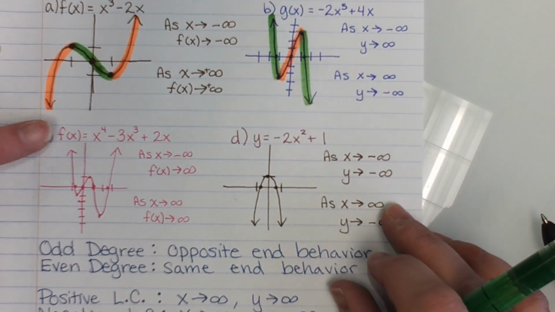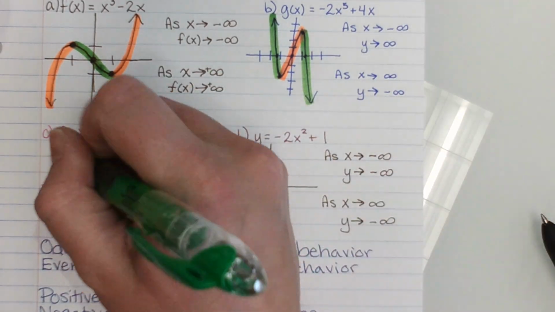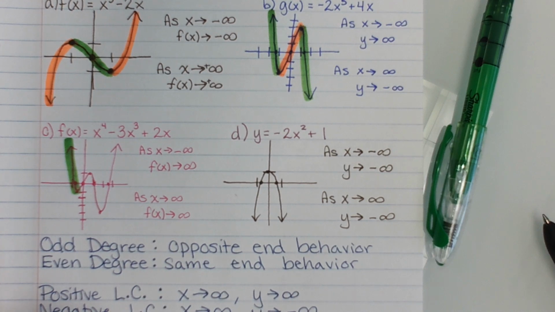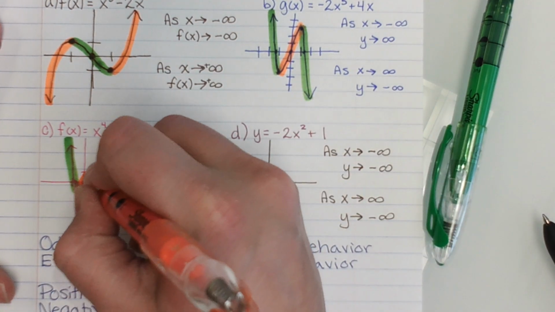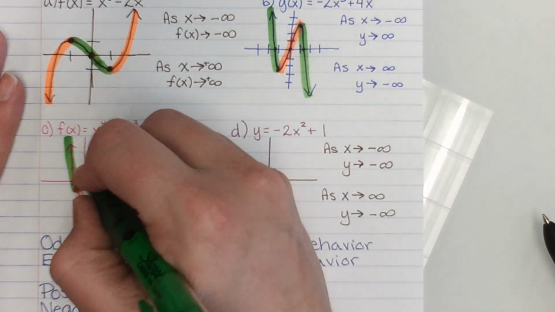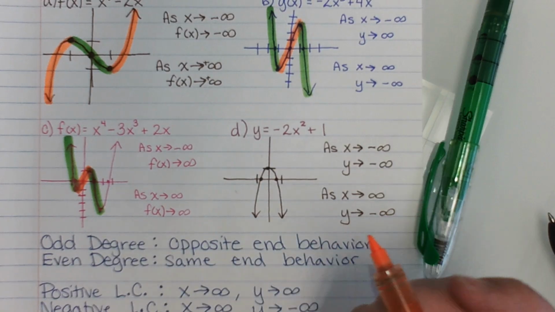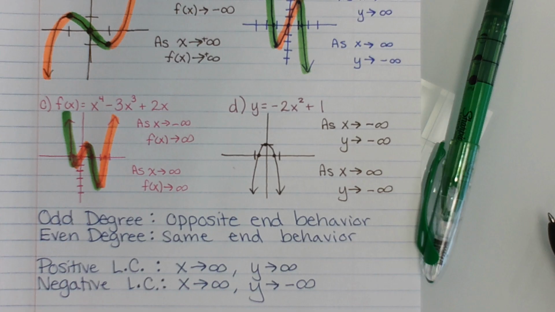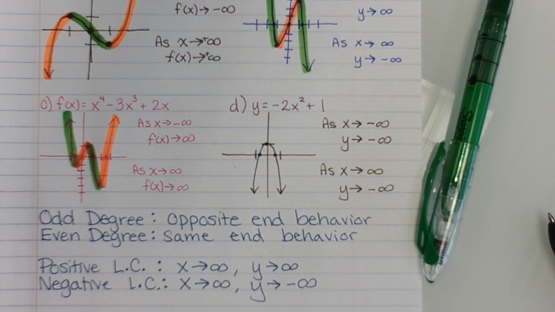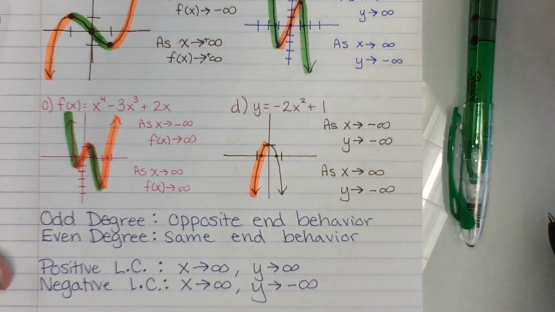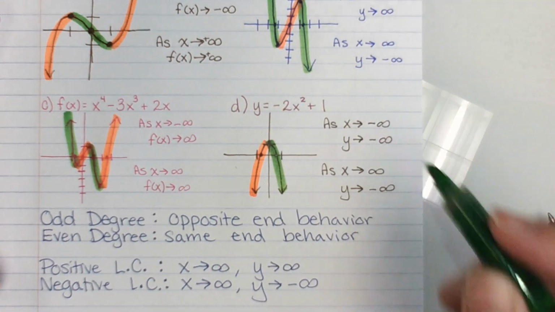This one here, does it start off increasing or decreasing? Decreasing. Until it reaches a low point. After that, it goes increasing till it reaches a high point. It changes again to decreasing. And then it changes again to increasing. How many different sections did it have? 4. Did it maximize its number of sections? Yes, because its degree was 4, it's 4 sections. The last one went from increasing to decreasing. 2 sections,